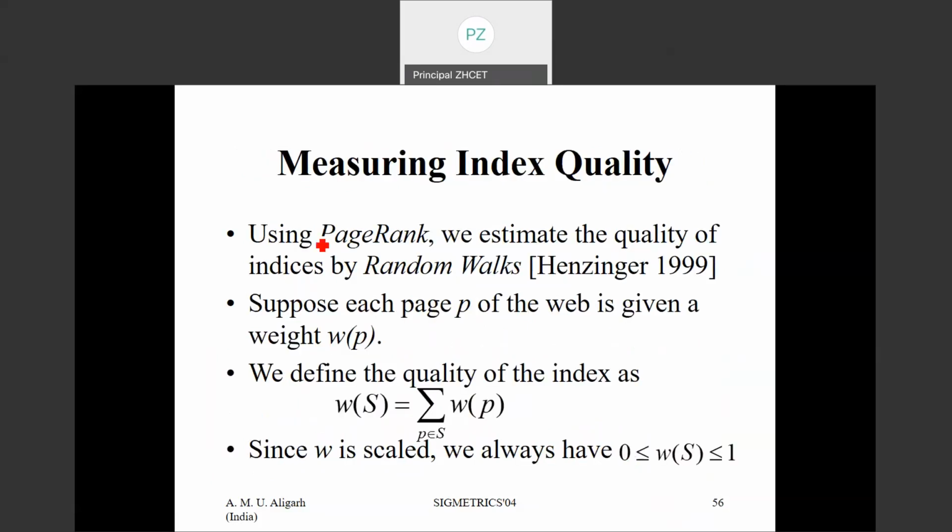One of the ways could be using PageRank. We estimate the quality of indices by random walks. This is the work done by Henzinger in 1999. They start with a seed page. Now, out of these seed pages, there may be several links. So you branch to any of the pages of these random links based on the PageRank value as the probability of clicking, right? So you click any of those links by having the random number generator and then finding out